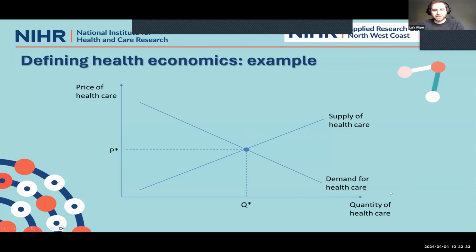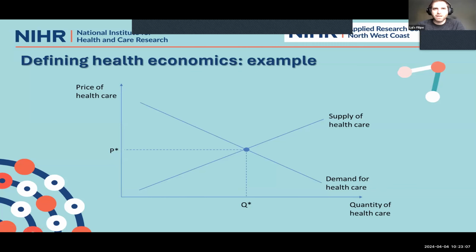The rules of the market still apply, in terms of you have a demand and you have a supply. Think about yourself. Of course, you may say that in terms of demand, if you are really sick and you really need to get treatment, you probably will pay everything that is necessary to get treatment. But that just makes the elasticity of demand, sorry about the terminology, a little bit lower, which means basically that you are less sensitive to price in the case of health. But it should still be the same.